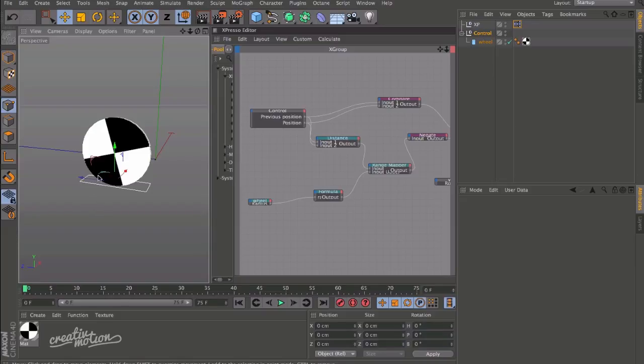The other way to do this was to calculate the distance, and that was done by using the current position and the position on the previous keyframe. And with that information, we can calculate the space this has moved over a current keyframe, and that then can drive the rotation of this object. And the good thing about that is it means we can kind of drive the rotation based on any direction,